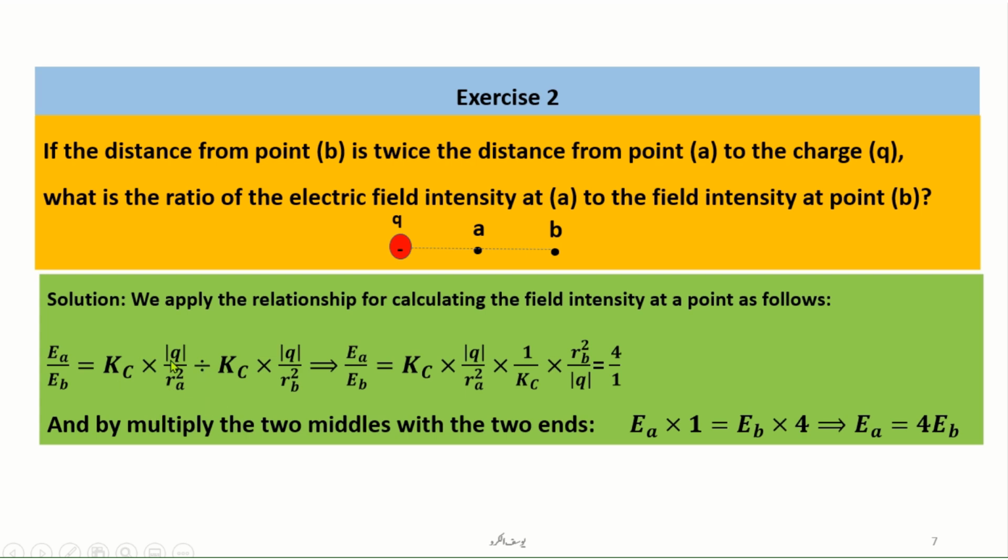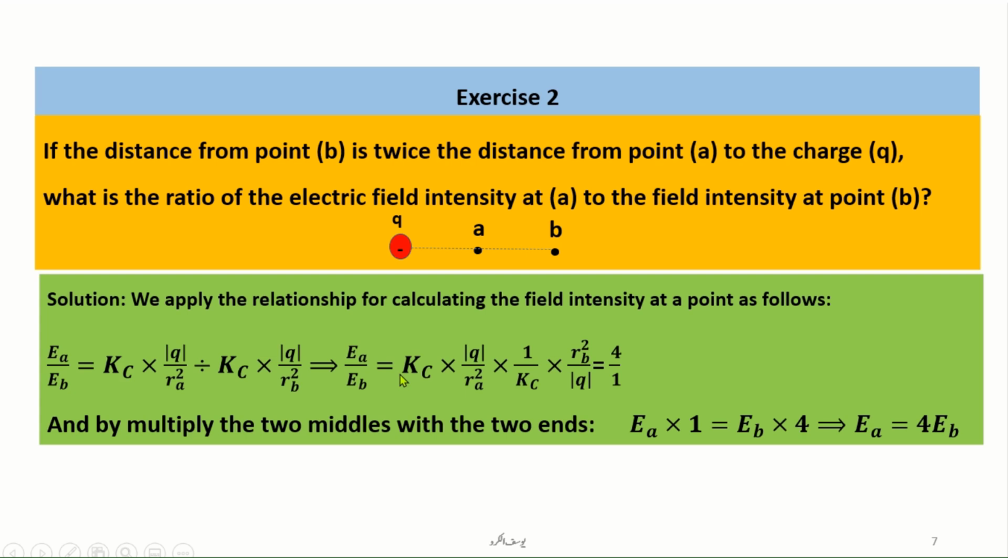This is the law, and this is the law, the same, but here with distance B and distance A. Kc multiplied by the magnitude of Q upon R squared A, divided by Kc multiplied by the magnitude of Q upon R squared B, leads to